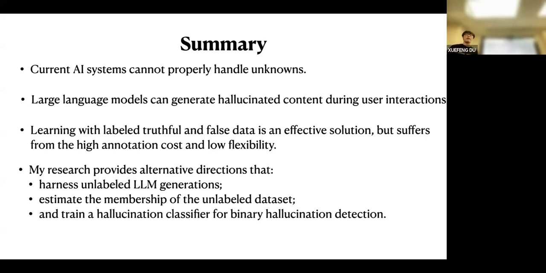Learning with a supervised approach is effective, but suffers from high annotation costs and low flexibility. Our approach tackles this problem by harnessing unlabeled generations. Firstly, it estimates the membership of the unlabeled data set and then trains a binary classifier afterwards. Thank you for your time, and we're happy to take your questions.